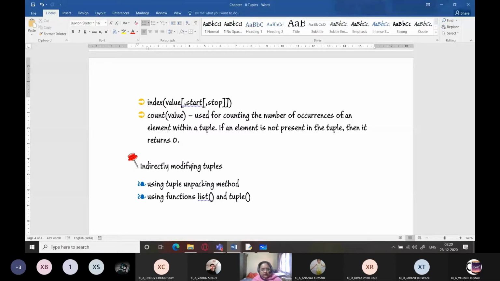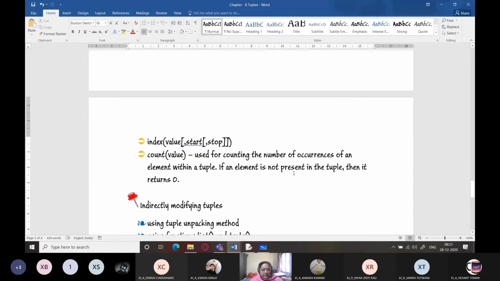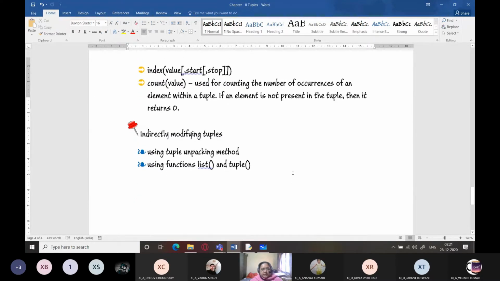More priority is always given to the positive indices, because positive indices are common among many programming platforms. Okay, so most programming languages only use positive indices. Using positive as well as negative indices is becoming very popular in the latest programming languages, specifically Python. With this, we complete the tuples chapter.